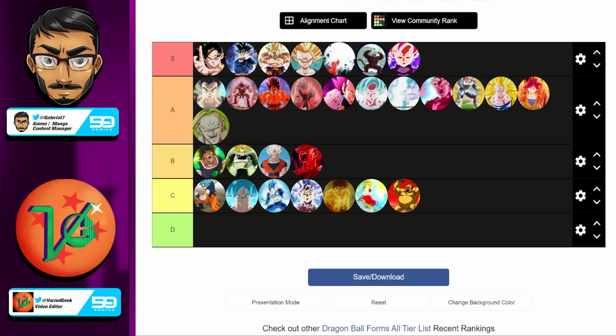Alright. The next thing is, of course, Super Broly. Where would you place him, Geek? So this one is called Full Power Super Saiyan. That's what they officially call it. It's not Legendary or whatever, but they're obviously very similar. I mean, the only difference is one has a scar, right? And the hair is a little bit greener on the other one. But I would probably,